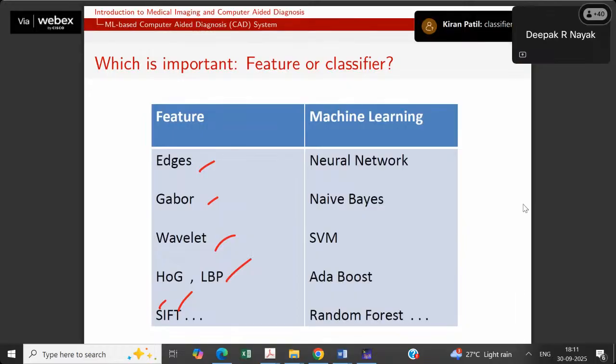Yeah, classifiers I'm talking about. How many classifiers or algorithms have you seen in machine learning, or implemented, or maybe in some books? I'm just asking how many. You can see here 1, 2, 3, 4, 5. So may I know the number?